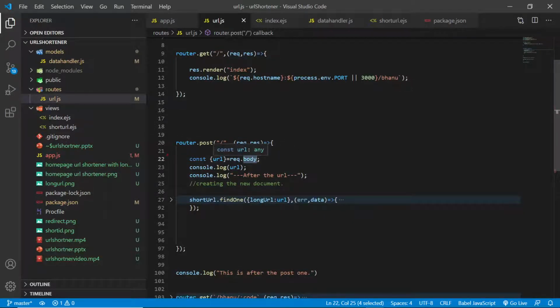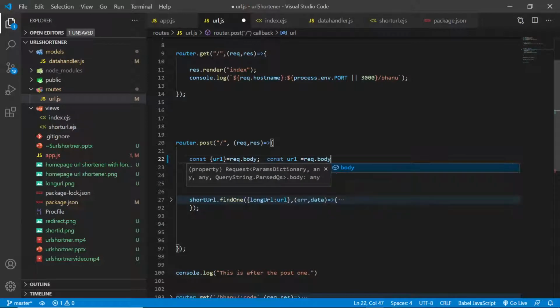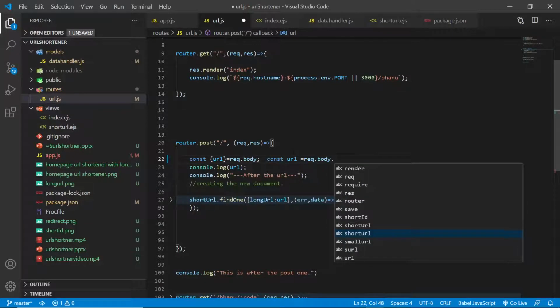And we have used object destructuring, right? This is from ES6. So we will get this particular URL, which is the URL which we will enter in the text box. If you don't understand this object destructuring, what you could do is, instead of saying it like that, write const URL equal to request dot body dot whatever name you have given to that input box.